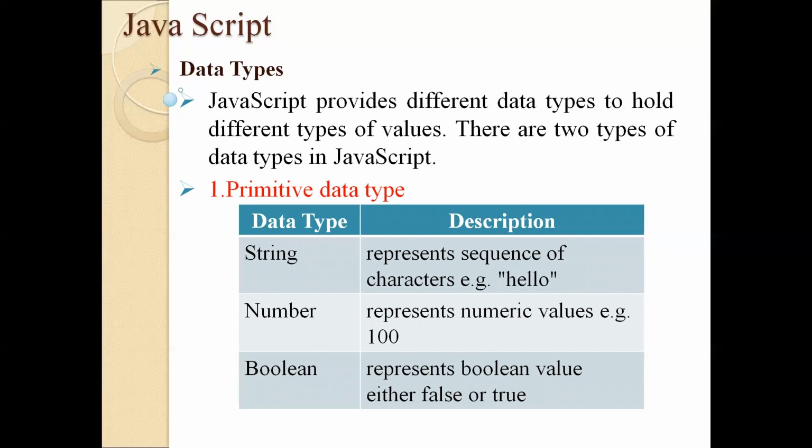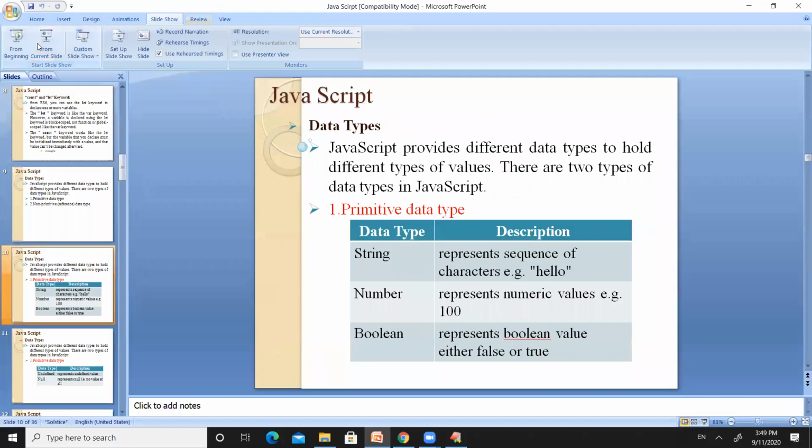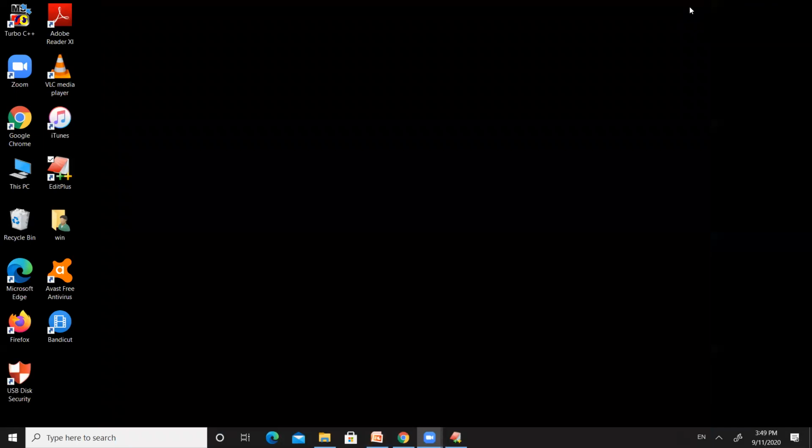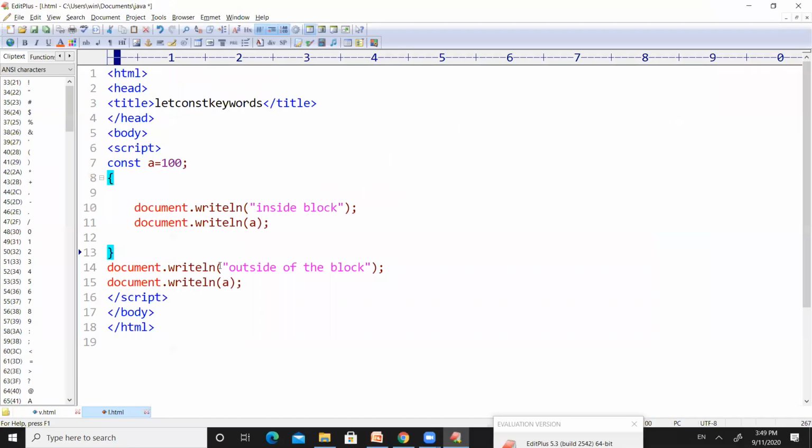So let us look at how we can define these data types in a program. Keep one thing in mind: here there is no need to use string, or number, or anything like that. So let us see it here itself.